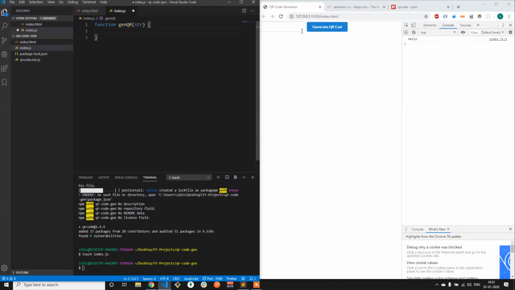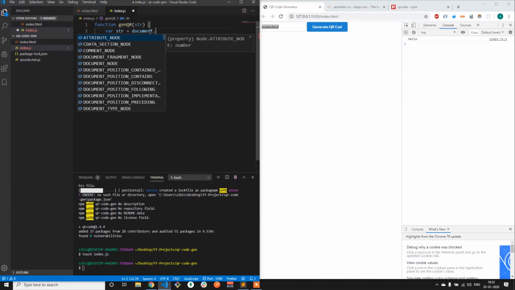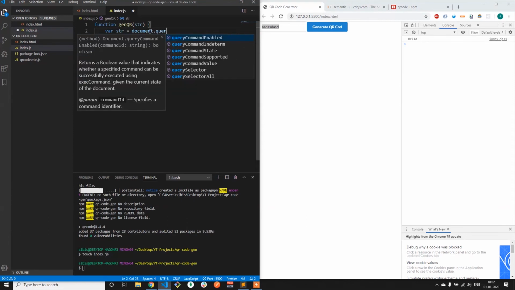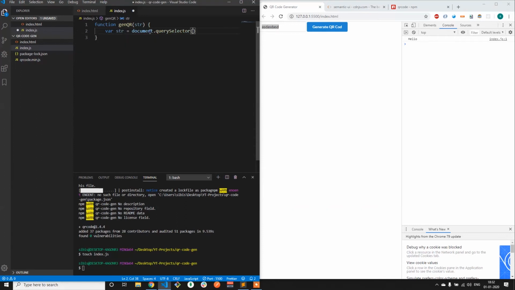The logic is, once we type anything here and click the button, this function should be called, and what we have typed inside this text box should be taken. Let's first do it. Let me apply some basic DOM functions to get a hold of the input box. I can select it just as input because we have only one input field, and let me grab the value of it. Now if I console log str, I should get